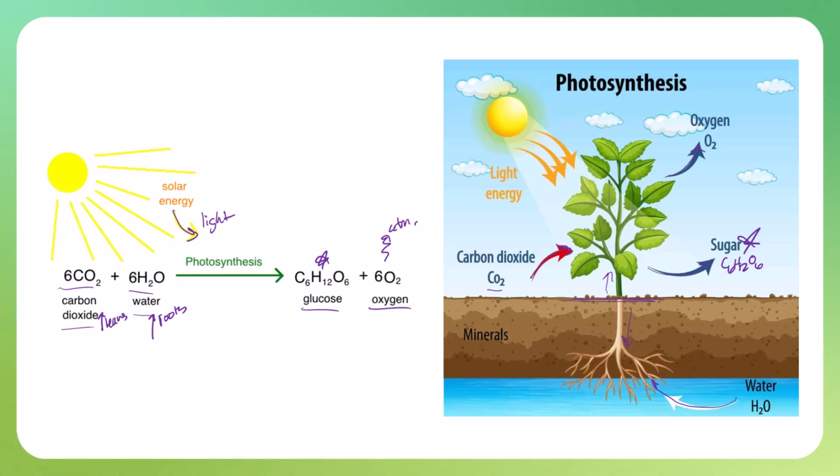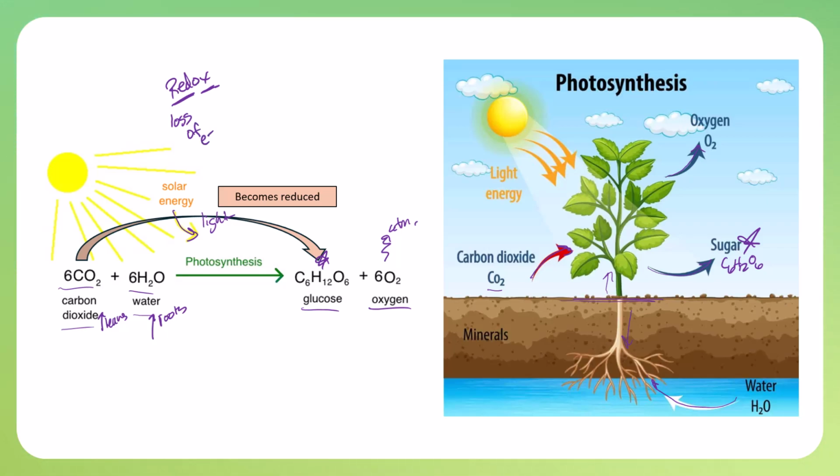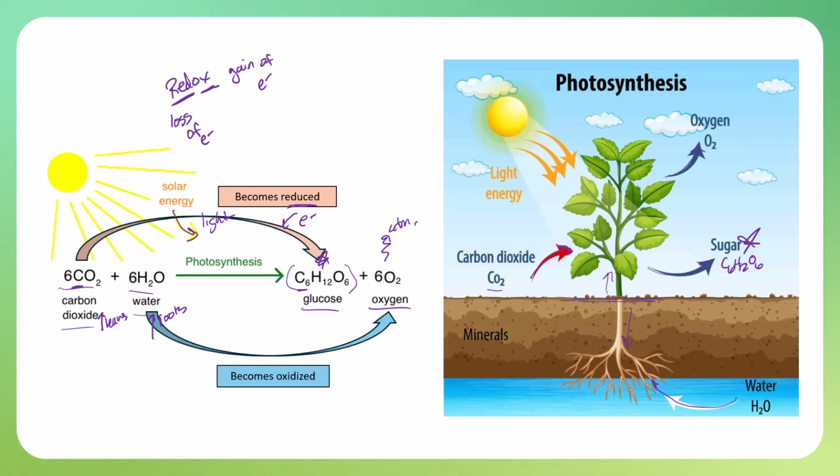And so redox reactions exist as a coupled reaction. Redox exists, reduction and oxidation. Reduction is loss of electron and oxidation is gain of electron. And so carbon dioxide is said to be reduced, and it is going to be reduced into glucose. Notice the carbon dioxide on our reactant side is the carbon-containing molecule, and glucose on our product side is the carbon-containing molecule. So CO2 is going to be reduced into glucose because it is gaining electrons. Electrons are being added to carbon dioxide, and it is growing in molecular size and molecular weight from CO2 to C6H12O6. The other reactant, which is water, is going to be losing electrons, and so water is going to be